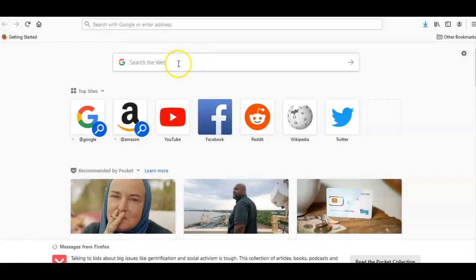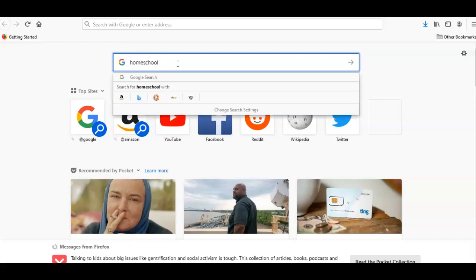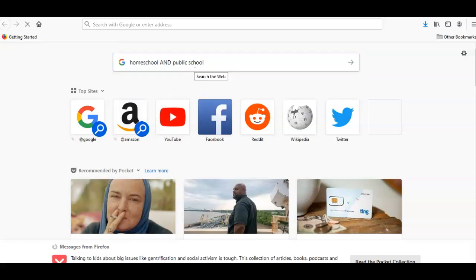So one of the things that you can do in Google and on the school database, which I'll show you a little bit of that in a minute, is use what we call Boolean phrases, and that just connects things or says what you don't want. So if I wanted to find something with homeschool, and you can see that nothing's popping up here, it's because I don't have the suggestions on. And then, and public school. So what this would do was pull up stuff that is in the same article, things that are in the same article that are related to public school and homeschool. So if I hit enter,